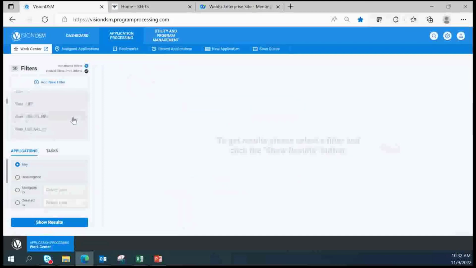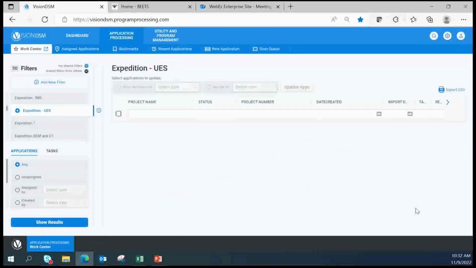And I'm going to find my filter, and you will have your own in here. I have so many because I've done this demo way too many times, but you likely will just have a handful. And I'm going to click Show Results. And this is going to pull up all UES applications for the utility I selected based on the filter I defined. Now, this is a little slow because we have been testing like crazy in Expedition,